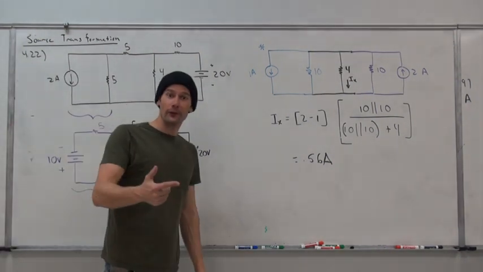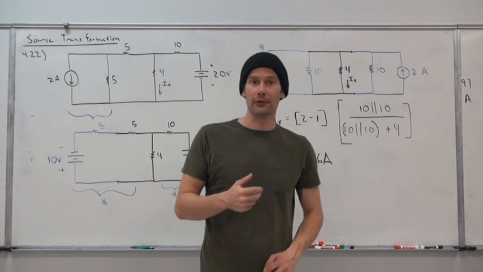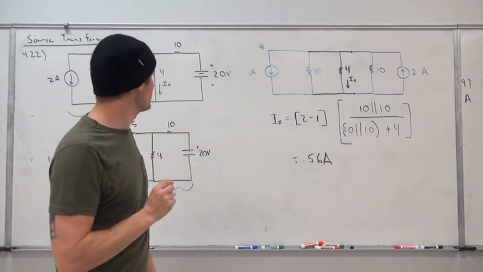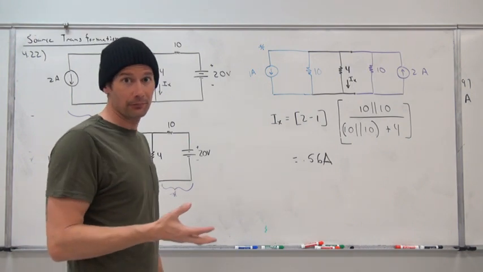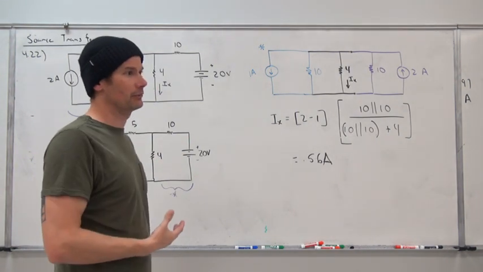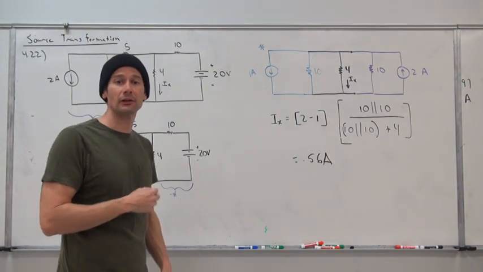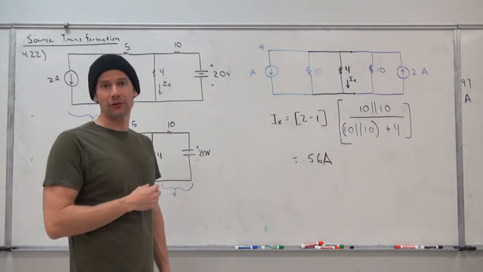Hey everyone, for this video I wanted to go over a couple of the select problems that we had from Chapter 4, and specifically this one is going to be about the source transformation problems. Now, much of the time with many problems, even if they're involving superposition, we actually end up using source transformation